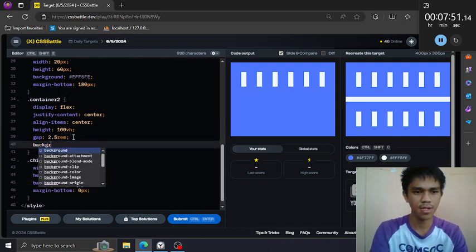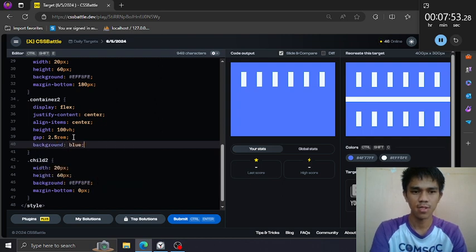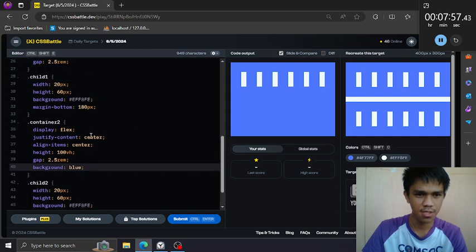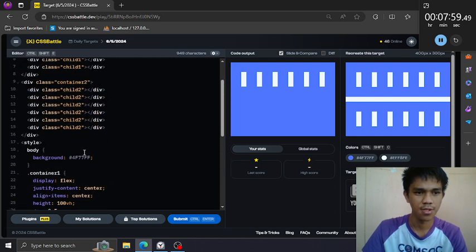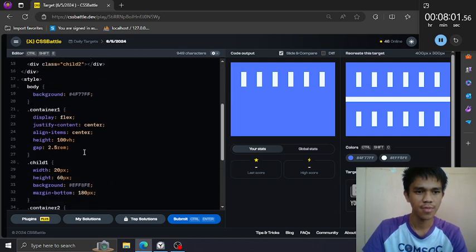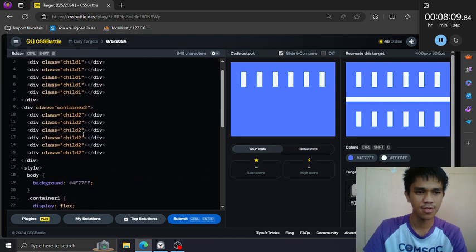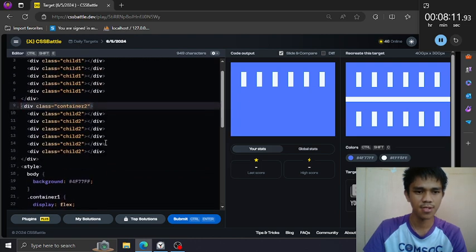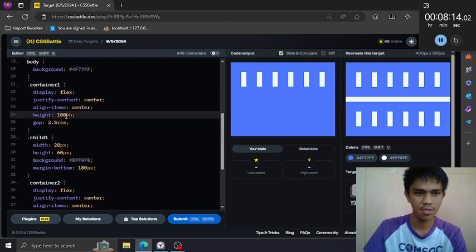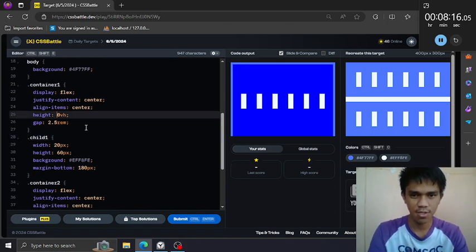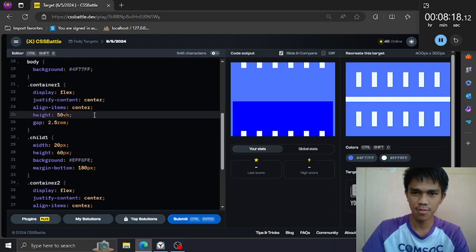Let's put a background to tell if container 2 really exists, and it is not existing in our, yeah, because we put a 100% height here. That's why the second container isn't showing. Okay, we are good that we realized our mistake.